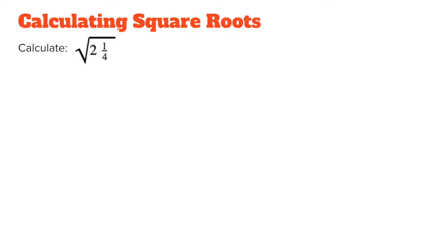Automatically, the first step you would want to take would be to turn this mixed fraction into an improper fraction. So 1/4 stays as 1/4, but we would have to express the number 2 using the same denominator of 4. So it would be 8/4. So put 4 on the bottom of the fraction, and on the numerator we have 8 plus 1, which is